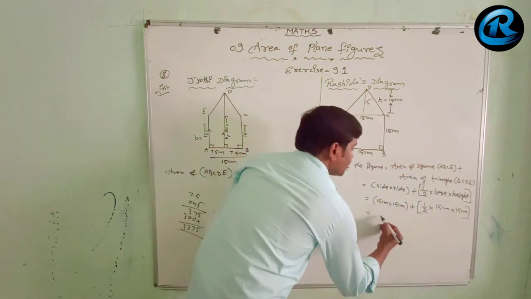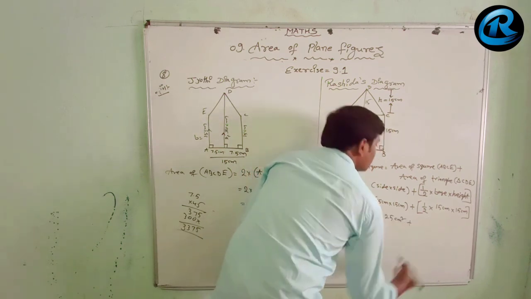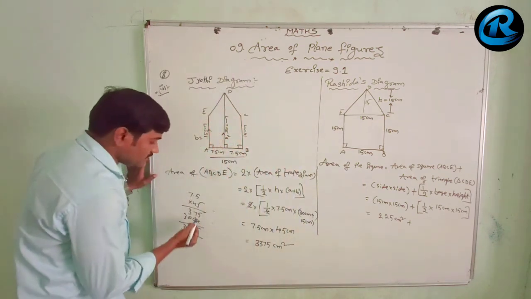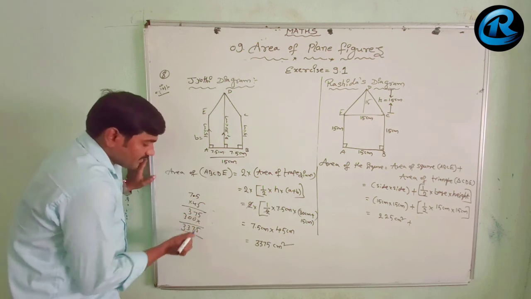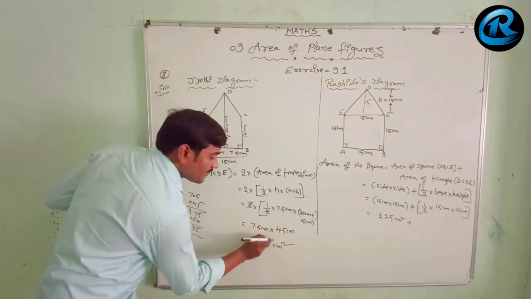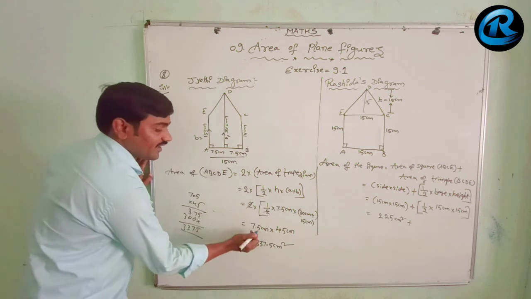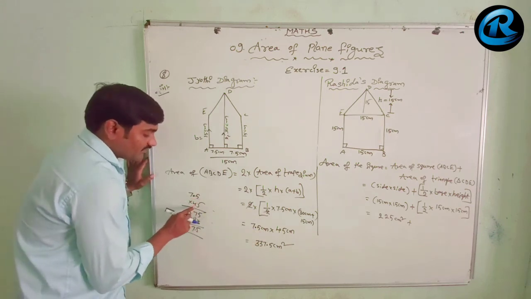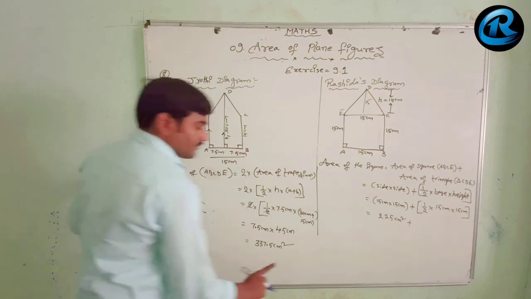So here 15 into 15, that is 225 centimeter square, plus here 200. Sorry, here if you see there is a one decimal digit here, 7.5. No, you will get here 337.5. I forgot to put the decimal point here. So now it is okay because here it is 7.5, but I had considered 75. So if it is 7.5 into 45, you will get 337.5. So that you notice.